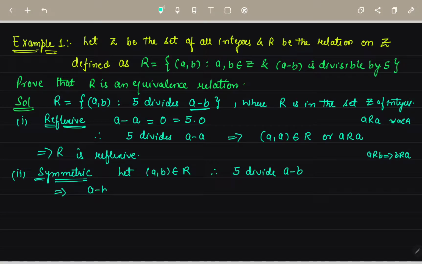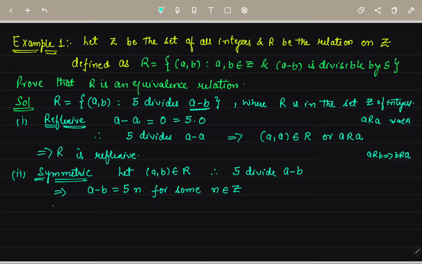So this implies a minus b is equal to 5 times n, n कोई भी number है जो integer से ले रहे हैं, so means हम लिख सकते हैं n for some n belongs to Z, क्योंकि ये integers की बात हो रही थी यहाँ पे। तो अगर यहाँ पे 1 होगा तो a minus b यहाँ पे आ जाएगा a minus b is equal to 5। इसी तरीके से n जैसे जैसे change करोगे वैसे वैसे terms